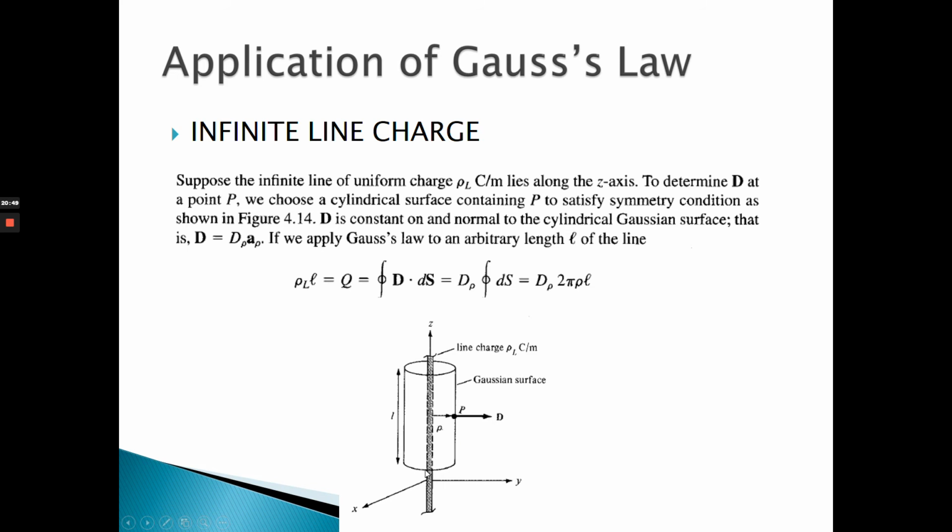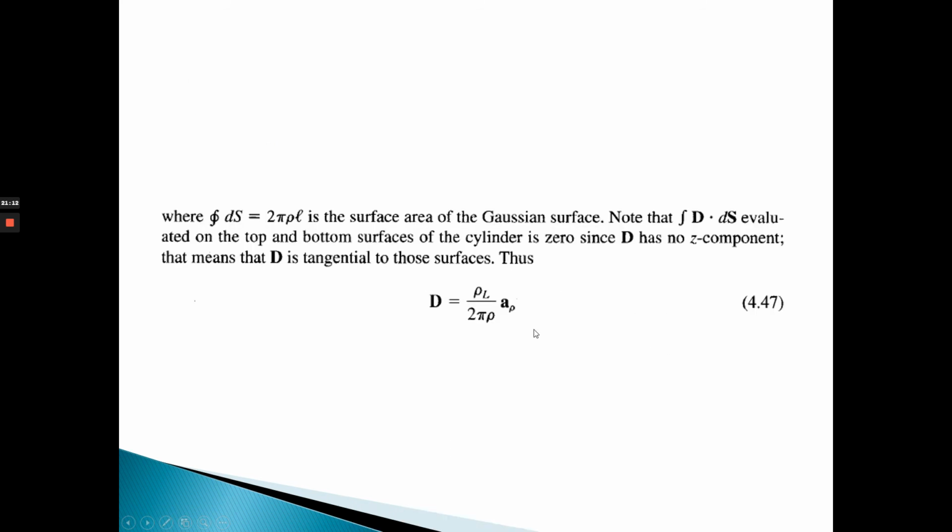So we only find from here to here, where rho_L times L is equal to total Q, as we know from our previous lectures, and the total Q is equal to this once we integrate,